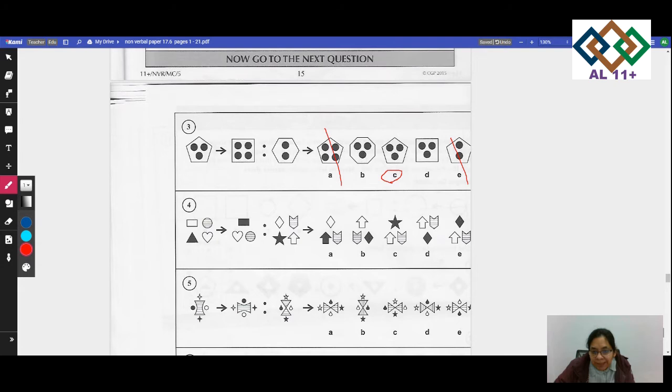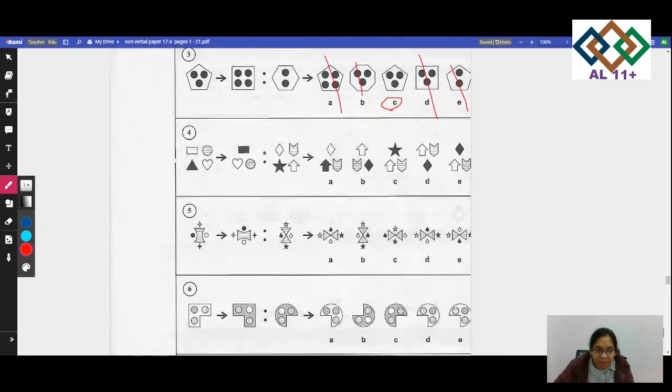And this shape is something like that. The shape is like that. So it cannot be this one, cannot be this one. So it's this one. In number 4, what's happening in number 4? Again, this one comes here, and these 2 come here, and you have a new shape then.